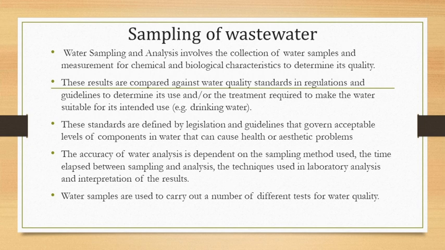The first thing is that it may be sewage, industrial waste, or treated effluent. Whatever the type of sample, you have to label the sample bottle, which should include information like the source of the sample, the date of the sample, the time of the sample, and the temperature of the sample. The source may be sewage, industrial waste, or treated effluent.